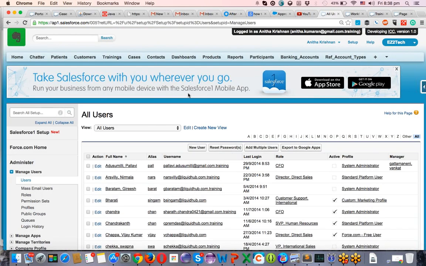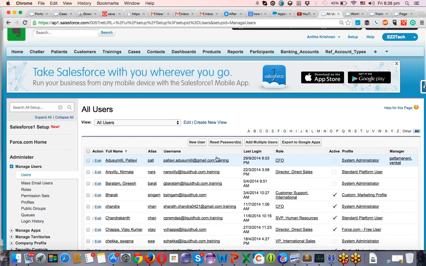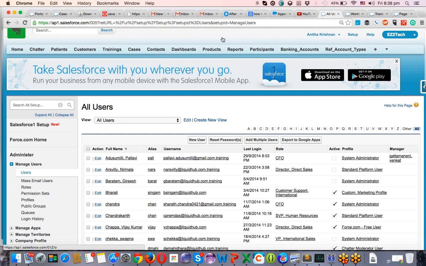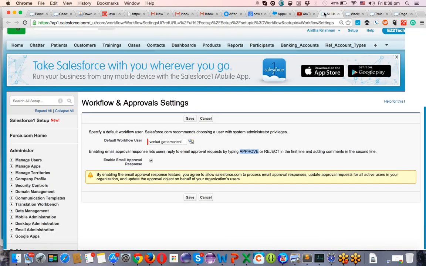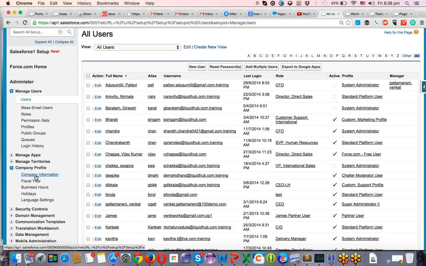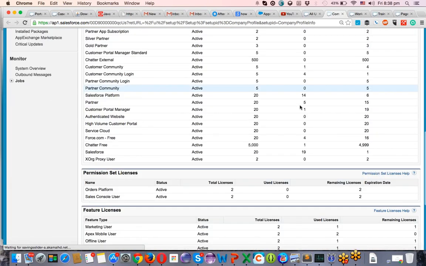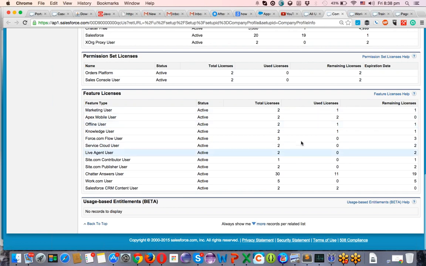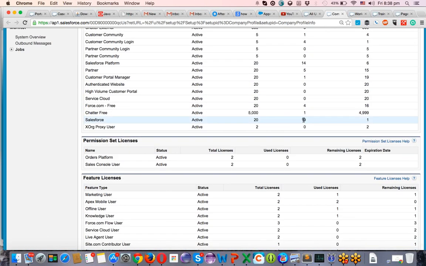Yeah, now I have disabled Pallavi's user account. Now if you go back to your company profile, I can see one license left. Out of 20, 19 are used, one is left.